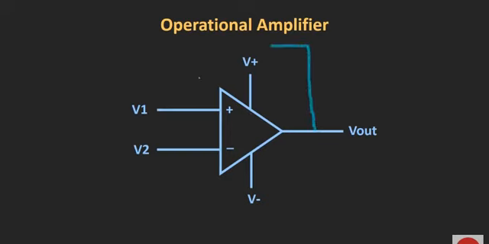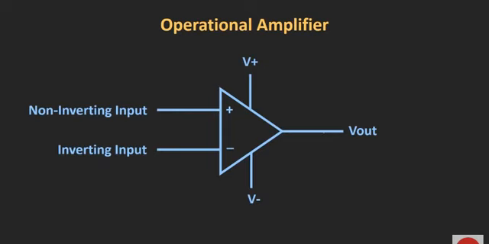Now whenever we provide the feedback from the output to the non-inverting input, that kind of feedback is known as positive feedback, because here a fraction of the output voltage is getting added to the non-inverting input. Whenever in any system we use positive feedback, it leads that system into instability. So we cannot use positive feedback alone. To control the gain of this op-amp, we need to go for negative feedback. That means we need to feed a fraction of the output voltage to the inverting input terminal.